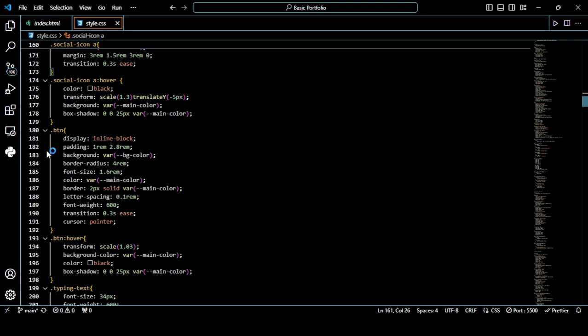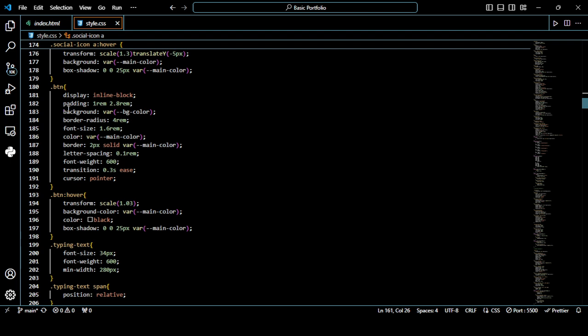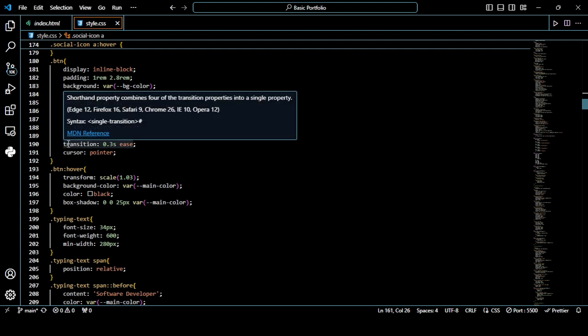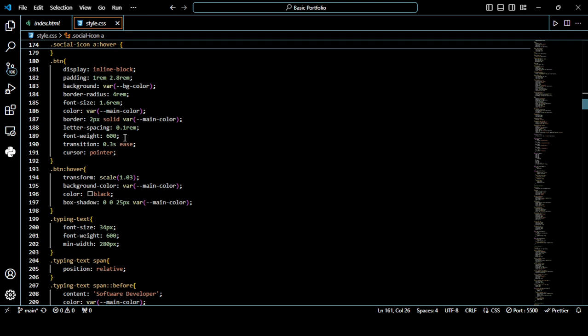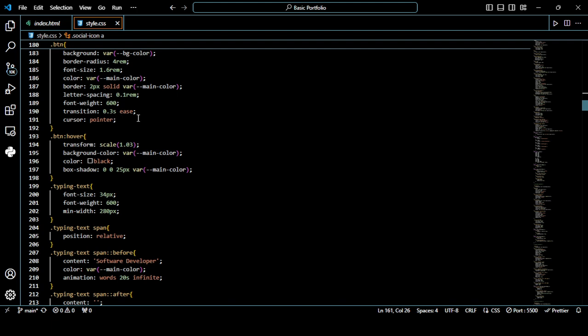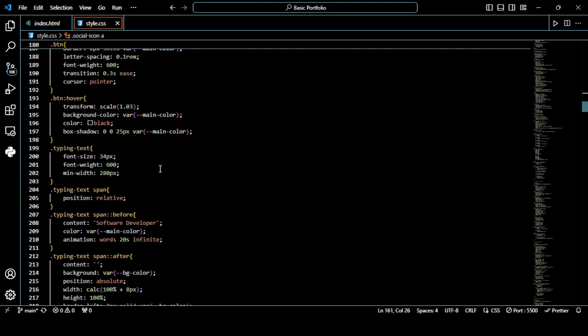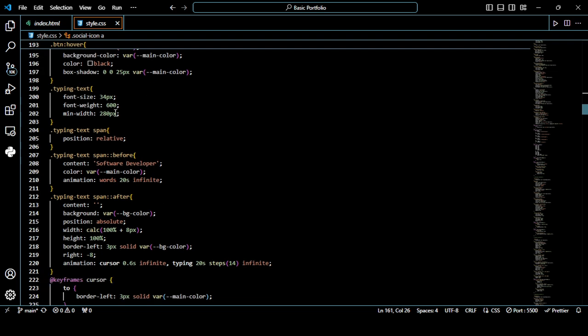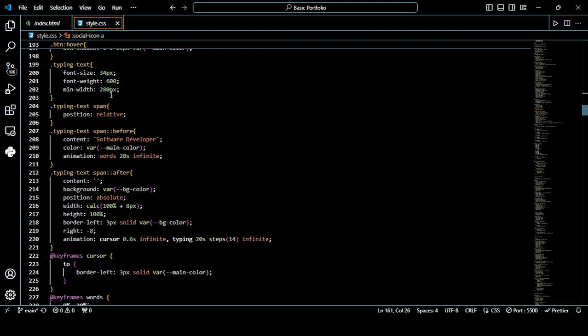Then for our button, display as inline-block, padding 1 rem 2.8 rem, background as bg black and border radius as 4 rem, then font size as 1.6 rem, color purple, border the same purple, and then letter spacing as 0.1 rem, font weight as 600 and transition as 0.3s, and cursor as pointer, and then hover effect similarly to what we have done with other parts, and the typing text